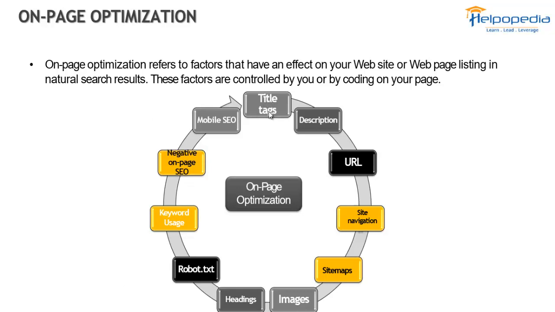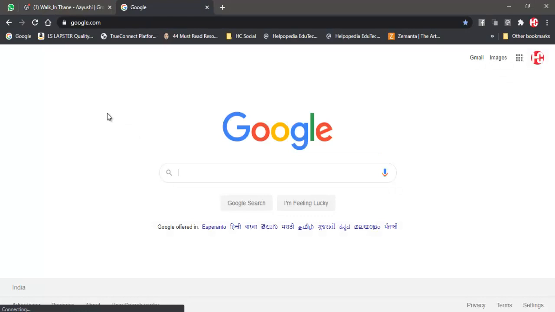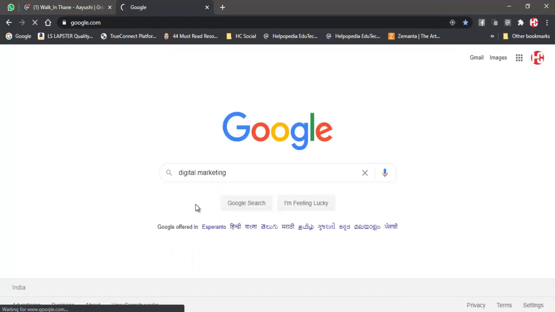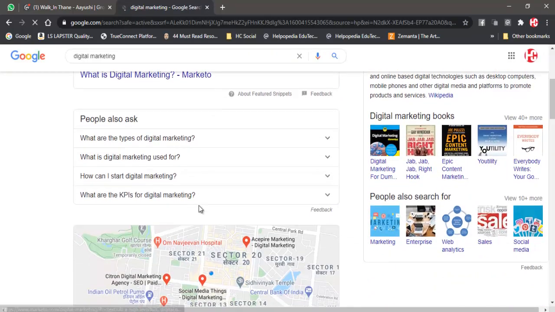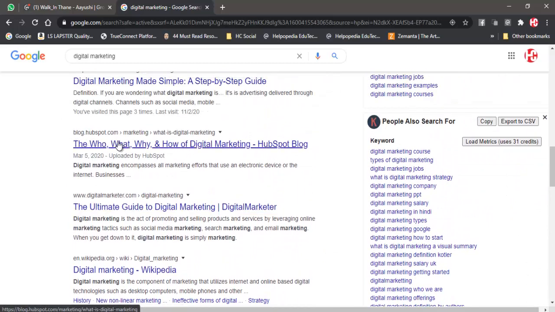So I will just let you know what title tags are. I'll just open it over here. I open Google search, and over here I search for digital marketing, and we get various results. See, these blue colored things, whatever is mentioned in blue, these are all called titles, and in search engine optimization language we call it the meta title. So this is the title of the blog or the title of the page. Whatever the title is, that comes up over here.